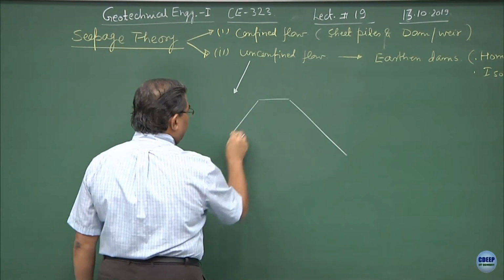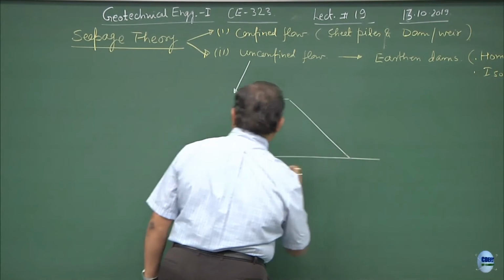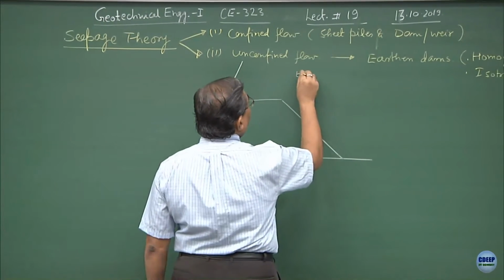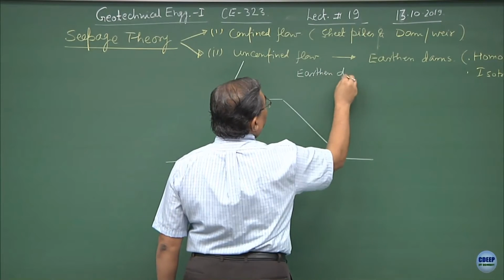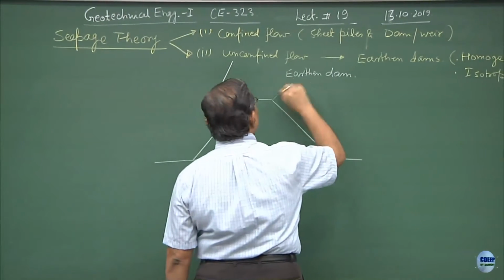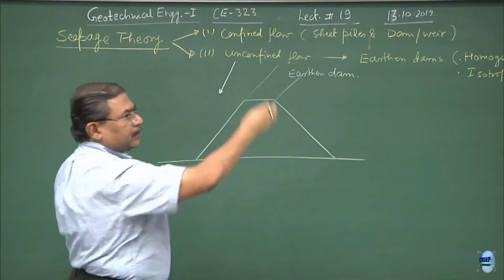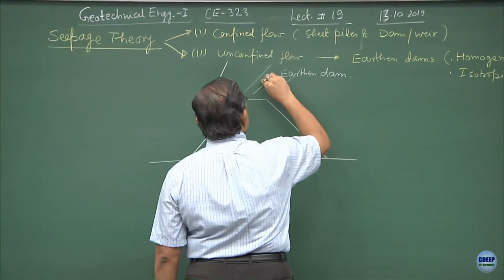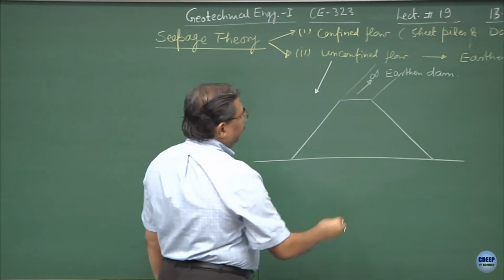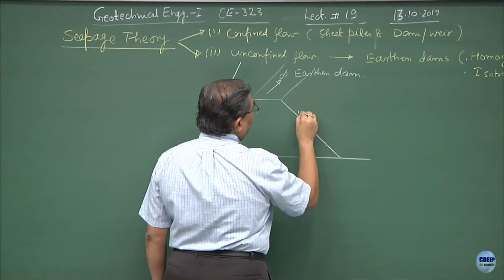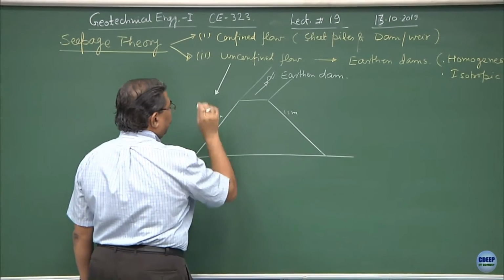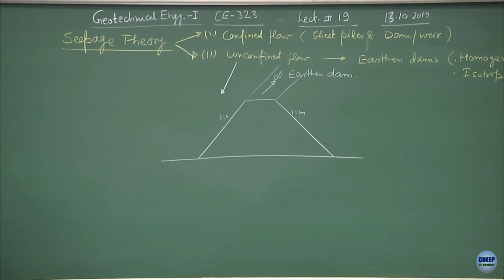an earthen dam. So this is an earthen dam, it is a cross section, in fact it is an embankment, we can call this an embankment also. This is a third dimension which is going up to infinity, into the plane perpendicular to the blackboard. Normally we define the slopes as 1:m and 1:n, where 1 is vertical and n is horizontal.